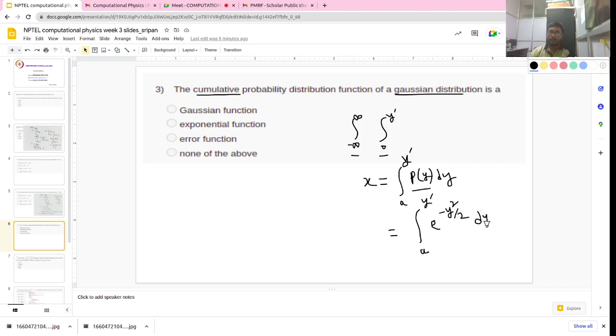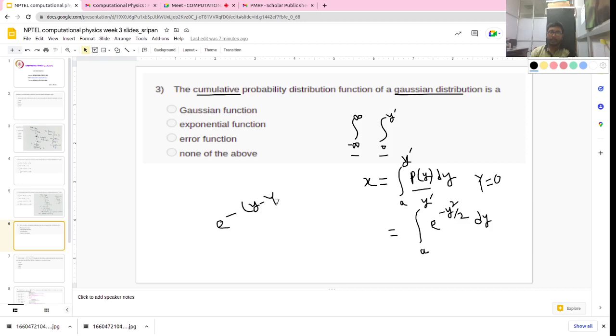Here we are taking the mean of the Gaussian distribution, capital Y, to be 0. So the exact form of this Gaussian distribution will be exponential minus